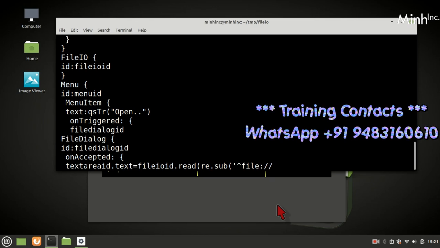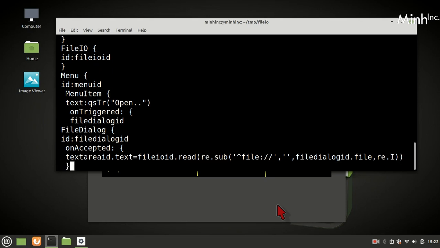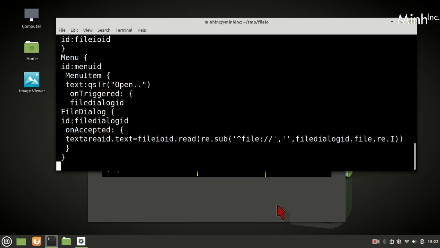We are using regular expression sub that we have shown, so that the file will copy. We can use Python regular expression in QML. File dialog ID dot file URL. On accepted over, and our file dialog is over.